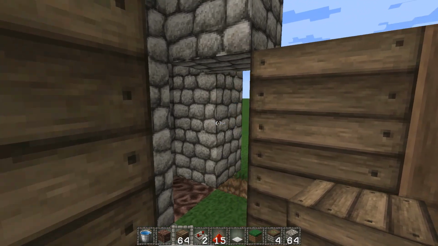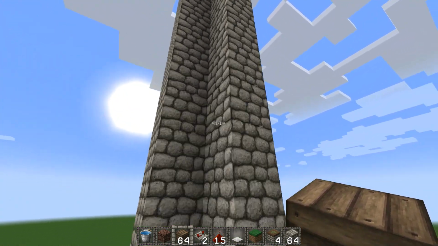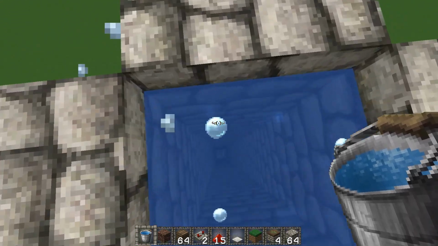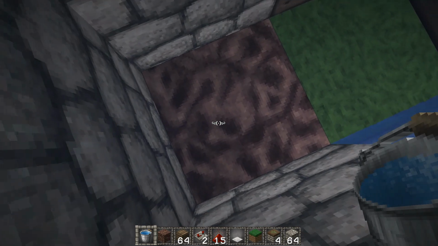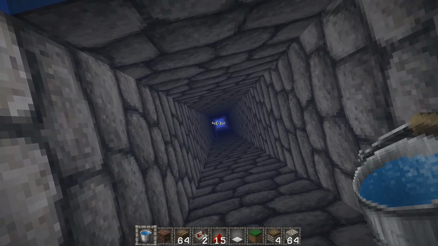Now, come over here and place 2 blocks there. Now travel to the top of your elevator shaft. Place your water bucket. You will notice that there is no effect from the soul sand. That is because the soul sand only works on water source blocks, and there is only one at the top